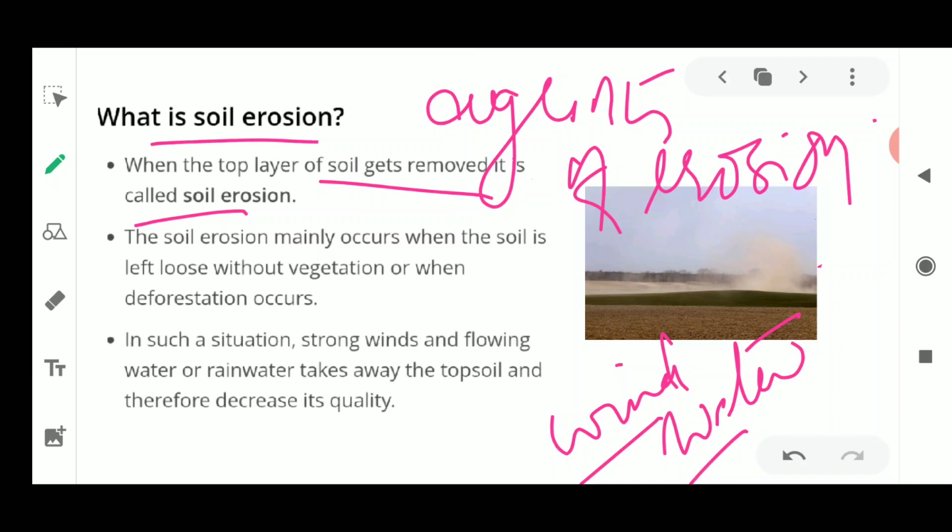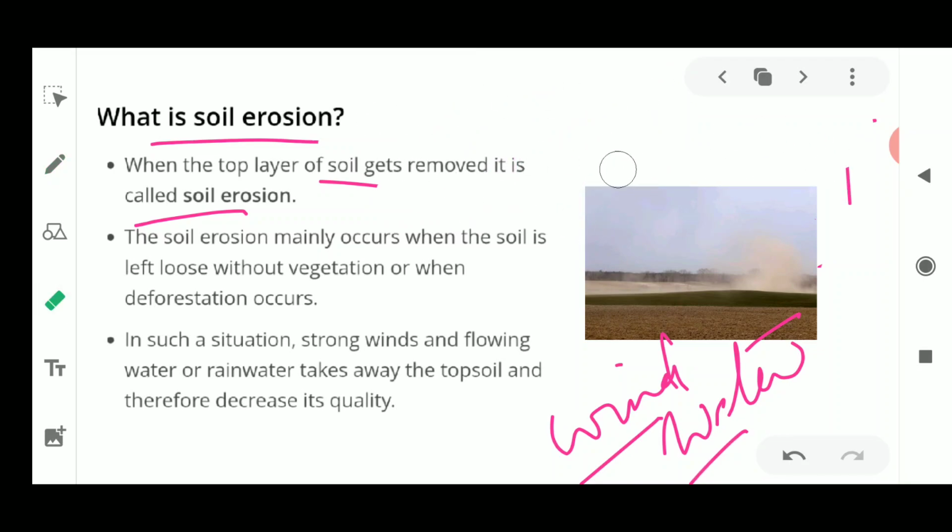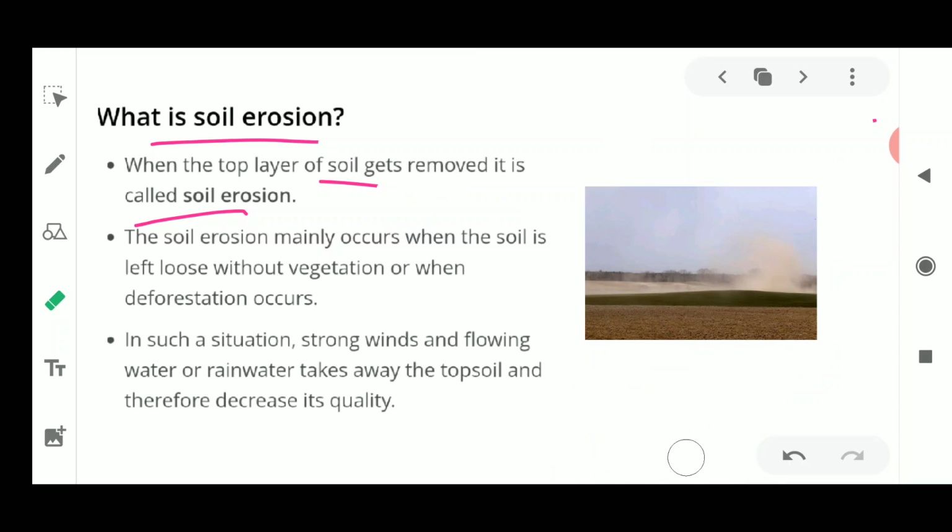Now how is this erosion taking place? It is taking place with the help of these helpers. The helpers could be the wind and water, the flowing water and the moving wind. So fast moving air could blow up the top layer of the soil. As you could see what is happening in the storms. Storms generally carry dust particles with them, and they could be flowing from one place to another place.